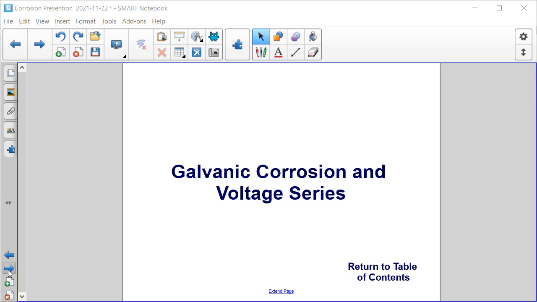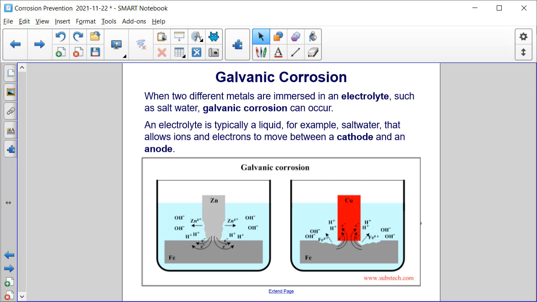In this final section, we'll discuss galvanic corrosion and voltage series. When two different metals are immersed in an electrolyte, such as salt water, galvanic corrosion can occur. An electrolyte is typically a liquid, for example, salt water, that allows ions and electrons to move between a cathode and an anode. You can see two examples here